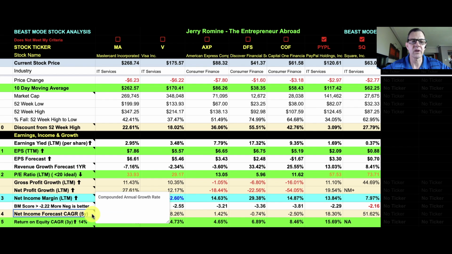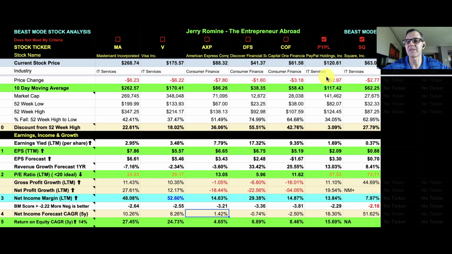The net income forecast is the compounded annual growth rate, and this is pretty interesting to look at. So for MasterCard, we've got 10%, Visa, we've got 8%, American Express, 1.42%, Discover is down in the negatives, Capital One is down, and now we get over into IT